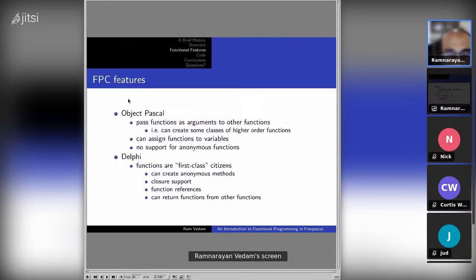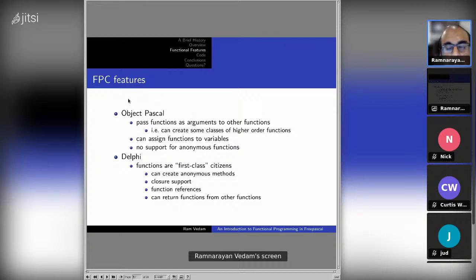Delphi, on the other hand, now with version 3.3, well, it was introduced in 3.2.2, but in the 3.3x line of FPC, the Delphi dialect now treats functions as first-class citizens, or for the most part. I haven't hit a situation where I can't do something.